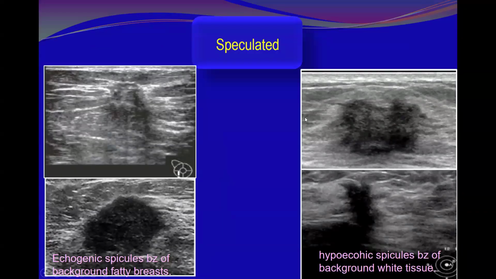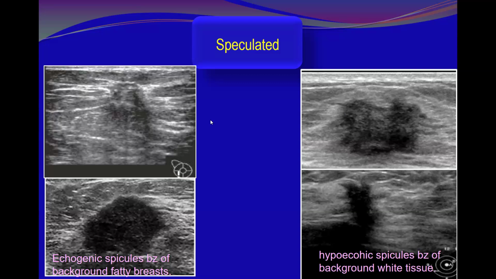Okay, if we look at these two examples, here we can see spicules, thin lines radiating, because the surrounding tissue might be reactive, whitish, but the surrounding is white. So some of these are ductal extensions and some are thin spiculations. They appear hypoechoic because the surrounding is white tissue, as well as in the lower examples. You can see these lines as hypoechoic because of the surrounding fibroglandular tissue.